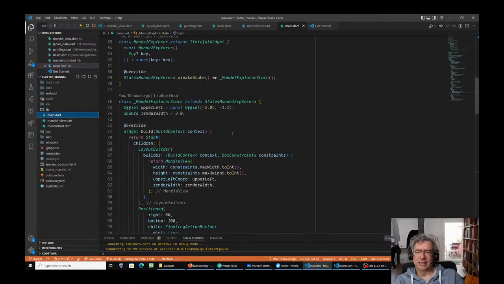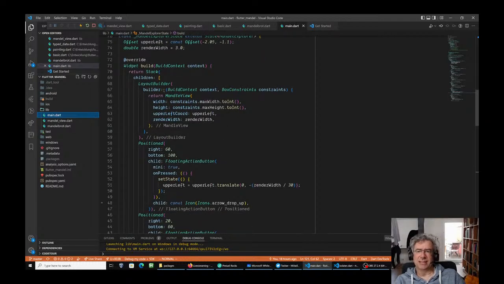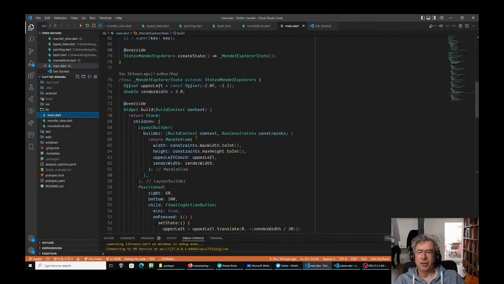The Mandel Explorer itself is just a stack with a layout builder, so that my Mandel view knows how big it has to draw, and it has the Mandel view as the base element in the stack. The Mandel view gets as parameters the size of the window,